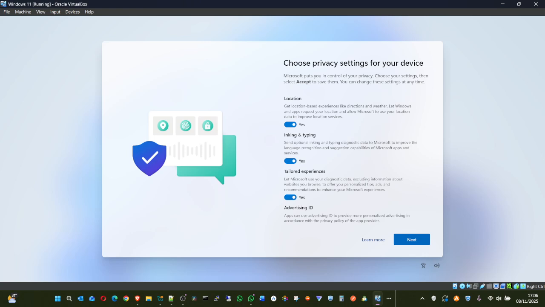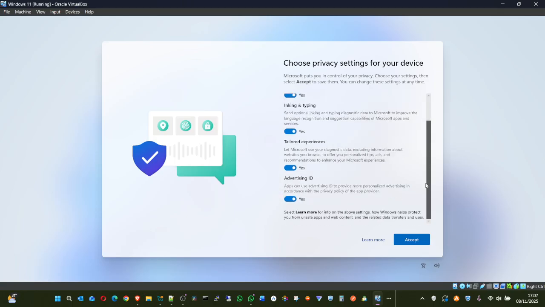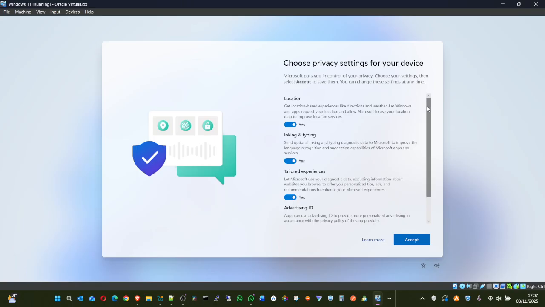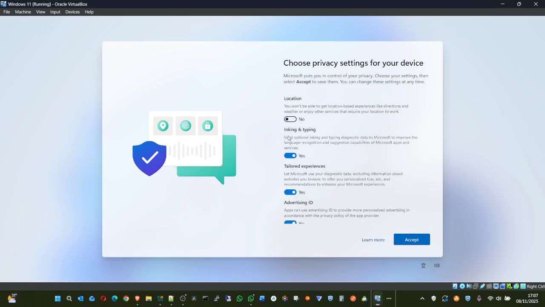Okay, so I'm back. Now we are setting up a new profile for Simon, and all these questions are showing on the screen the same way we used to have it on Windows 10. But from a security perspective, I don't want Microsoft to know my location, so I'll say no. Why do you want inking and typing, sending diagnostic data to Microsoft servers for improvement?